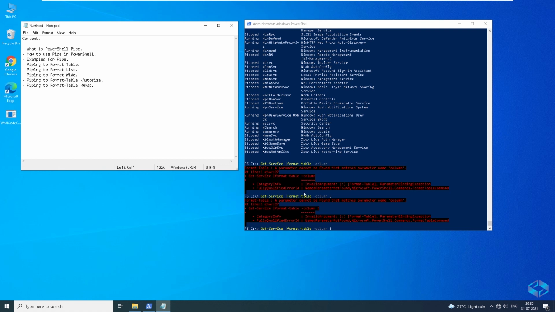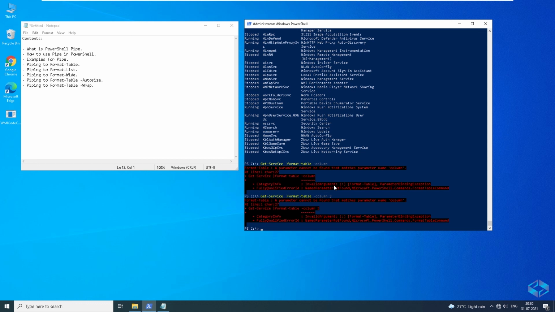So this is about the format, the pipe, and also the format table, format list and wide, a little advanced mode, whatever we can do using these commands. And specifically I would like to tell you that we will be using more and more, and we'll also be using one more machine in the next classes.